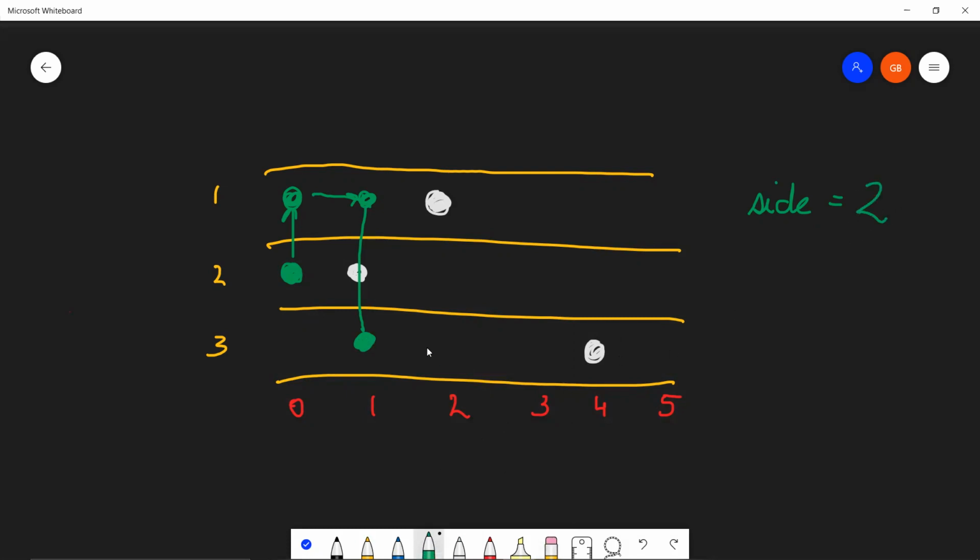It follows an unobstructed path till point 3. Now, since point 4 is obstructed on track 3, it will need to make another side jump. Let's say it made it on track 1. It's just an example, it could have made it on track 2 also. And then it followed its unobstructed path till point 5. We have to increase the value of side jumps by 1, making it 3. Now, as you can see, this is one possible path that the frog can follow, but this is not the optimal path. The optimal path was the one that I drew earlier because the number of side jumps was minimized, right?